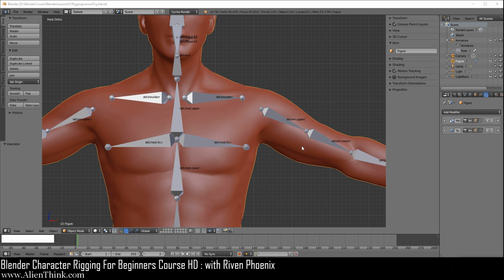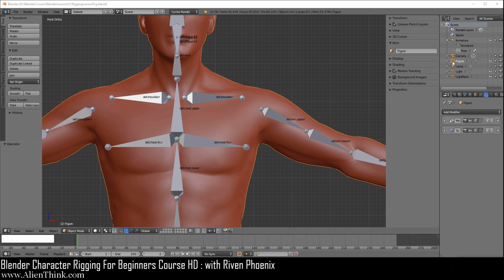Now, the thing to understand about bone envelopes is that they are only internal to Blender. They cannot be used outside of Blender, meaning with game engines, because game engines require that you use vertex groups and assign the vertices to these vertex groups, so wherever the bone goes, the vertices will follow. Now, to understand how to work with bone envelopes, all we really have to do is apply the armature deform.